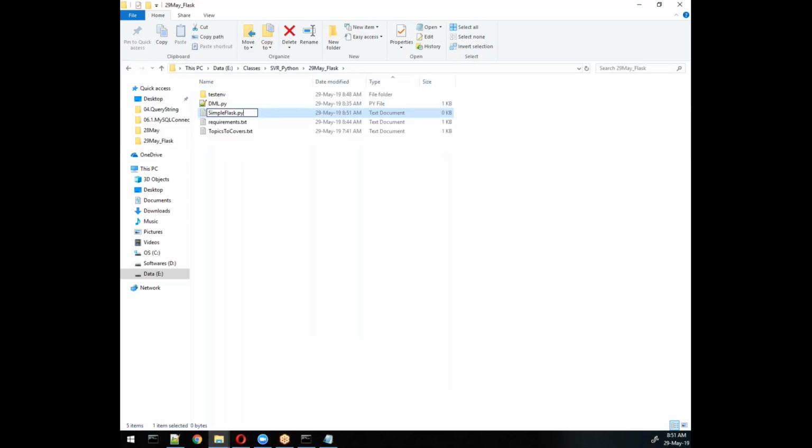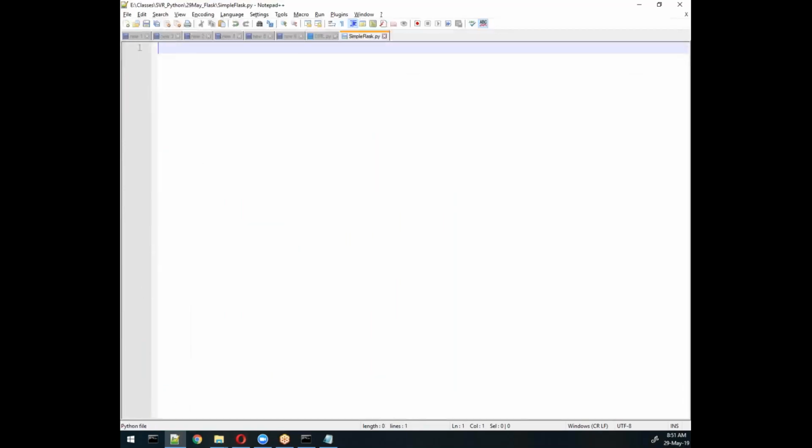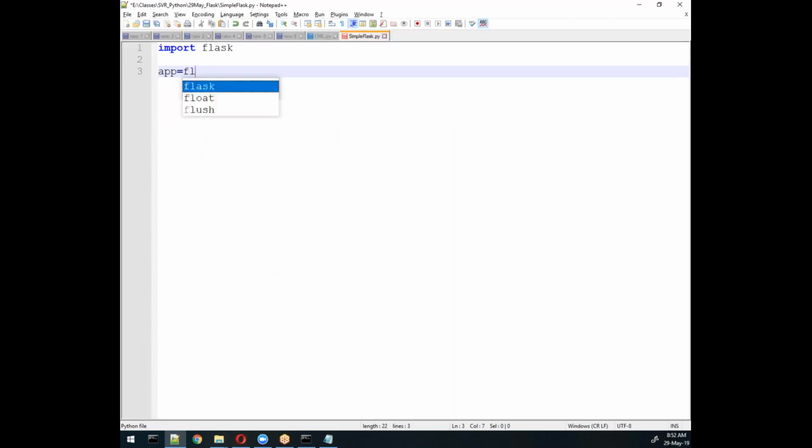Here we will import the package called flask, import flask, and then you need to create an object. I am creating an object of that Flask using app is my object, equal to Flask open bracket underscore underscore name.